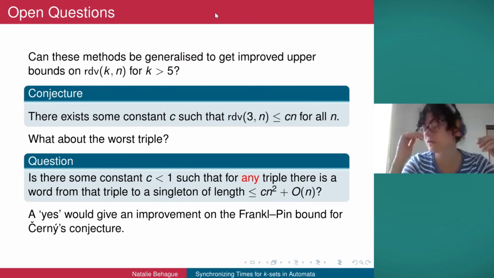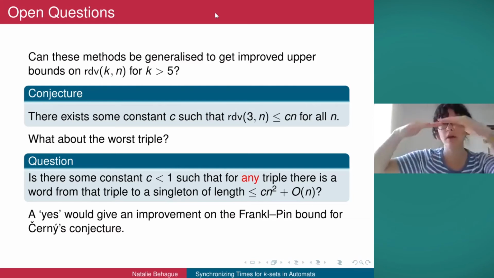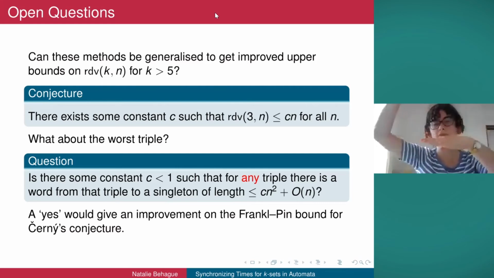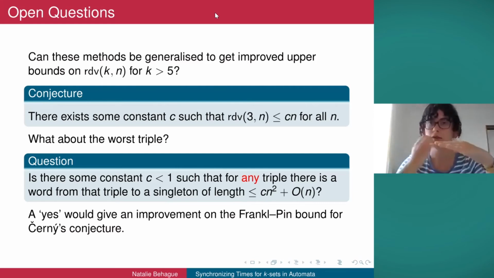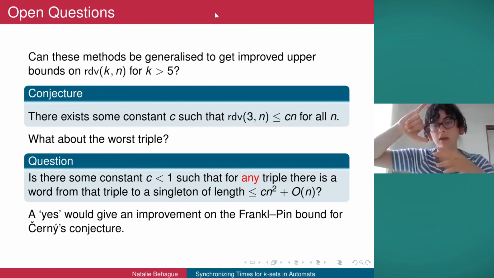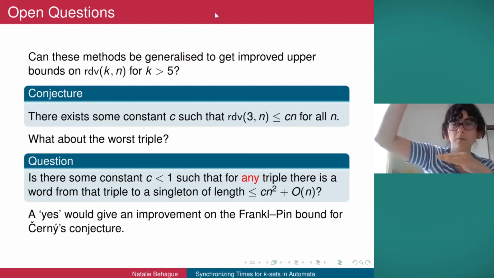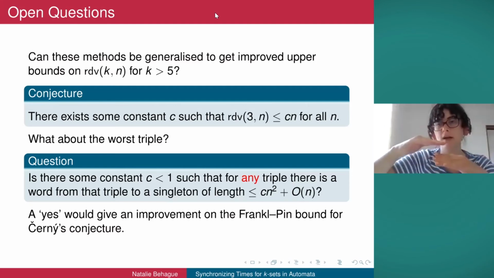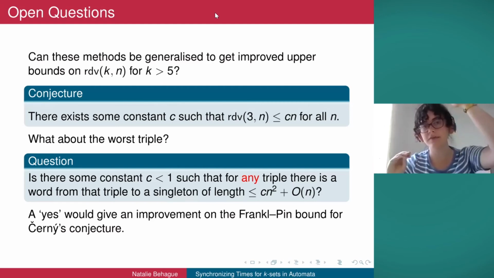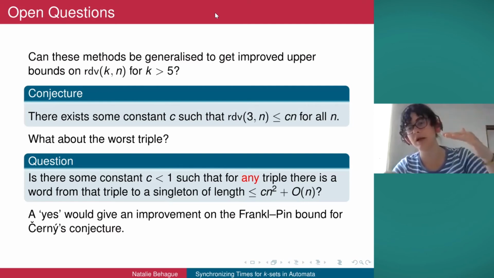Basically, you have to go from the top layer right down to the singleton layer. So Shitov's approach from the halfway point downwards just uses Frankel-Pin. It's never going to get an improvement on something n cubed. But for the top half, going from the top level to the halfway point, you got a small improvement by saying, well, either we can get there in a small step or some